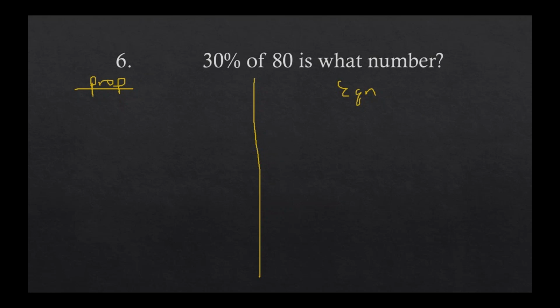Okay, let's see how we did with the proportion. Did anybody set up a proportion? And if you did, can you throw in your ratios into the chat box? Okay, there we go. So percent is 30, good, so 30 over 100, exactly. And then is over of, so x over 80. Excellent. Okay, did anybody write an equation and can give me that?